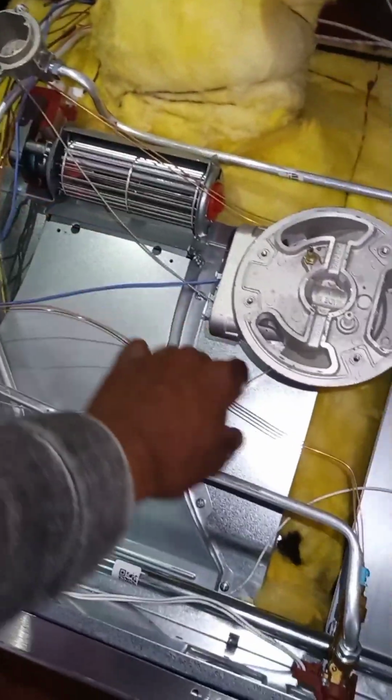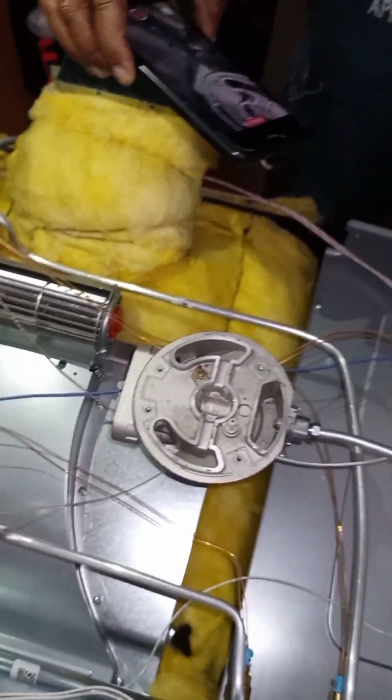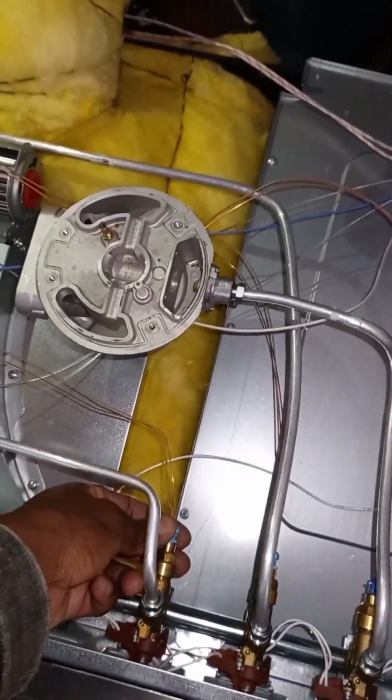So you must not forget to check it if this motor is giving you a problem. So we also have our thermocouples. Every switch has its thermocouple. So you know a thermocouple. A thermocouple is there